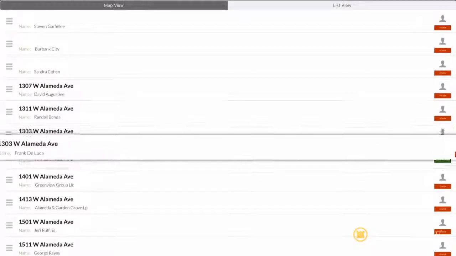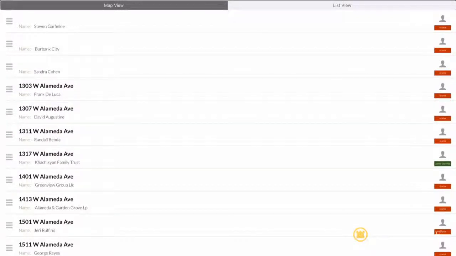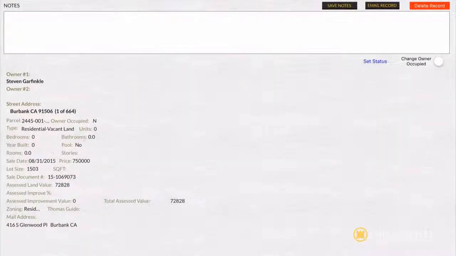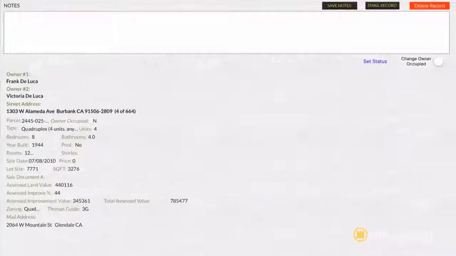I can tap on the address, hold it down, and scroll it up or down if for any reason it was a little bit out of order. But I'm just going to go ahead and hit Start Walking. So now you can see here we've got lots of information, all the basic information that we would include with a normal printed farm book: bedrooms, bathrooms, year built, square footage,